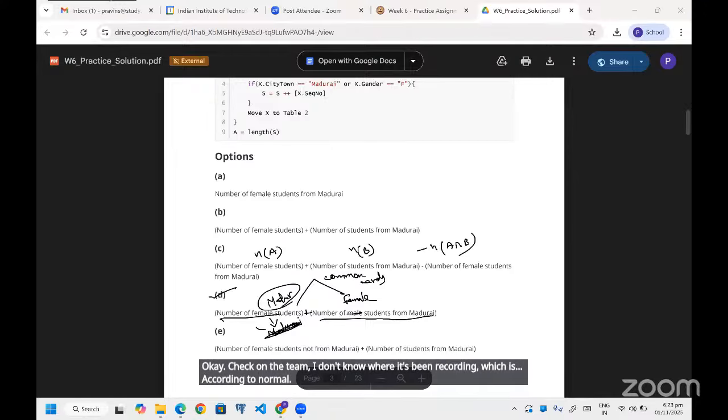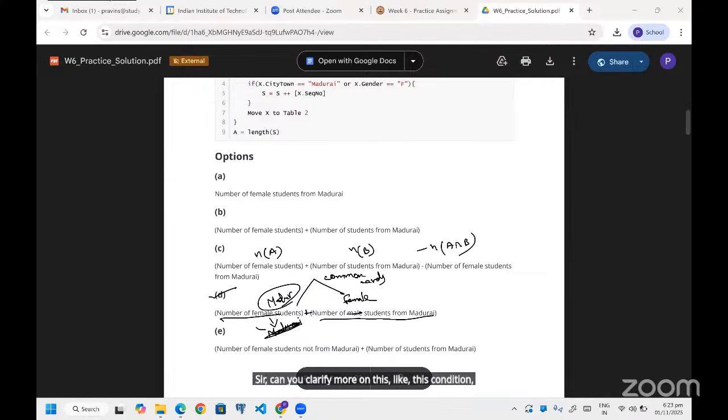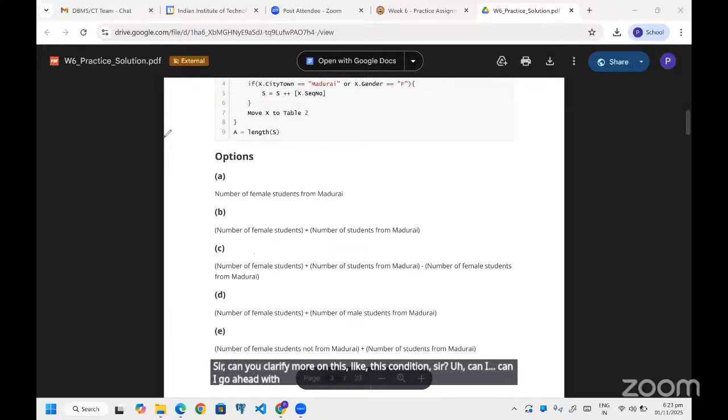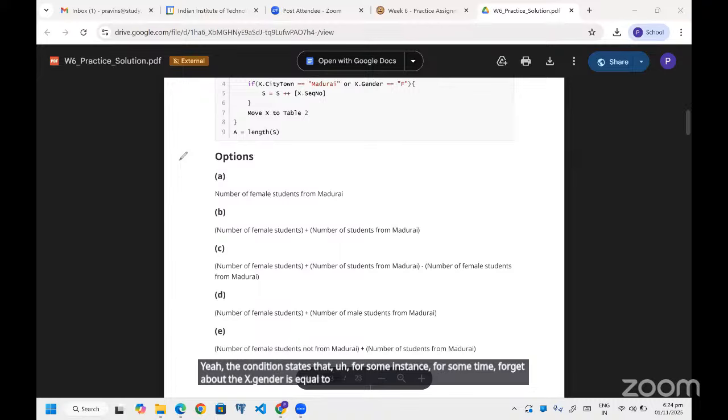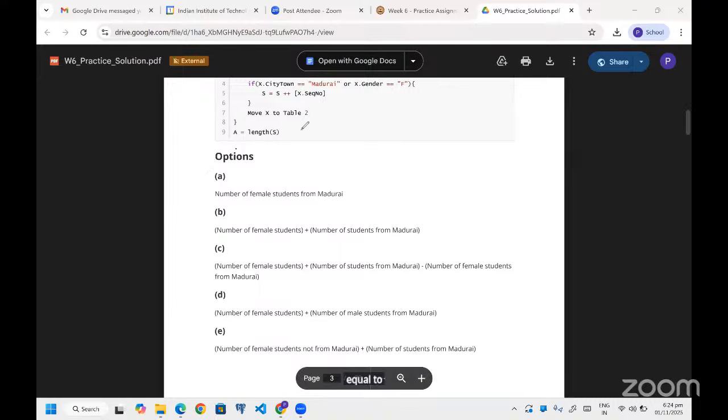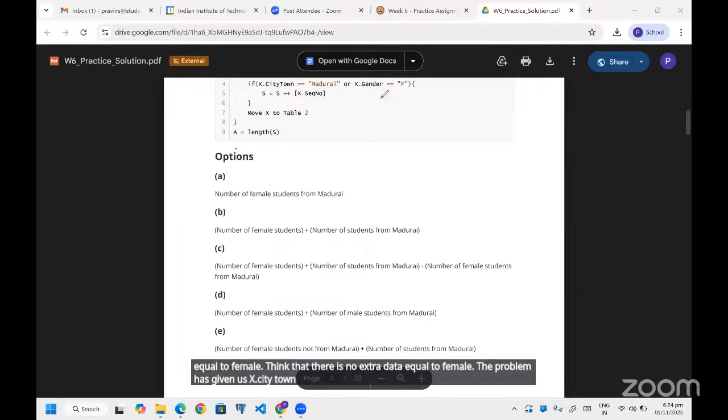Sir, can you clarify more on this condition? Can I go ahead with my doubt, sir? Yeah, sure. The condition states that, for some instance, forget about x dot gender equal to female. Think that there is no x dot gender equal to female. The problem has given us x dot city town equal to Madurai, S equal to S plus sequence.